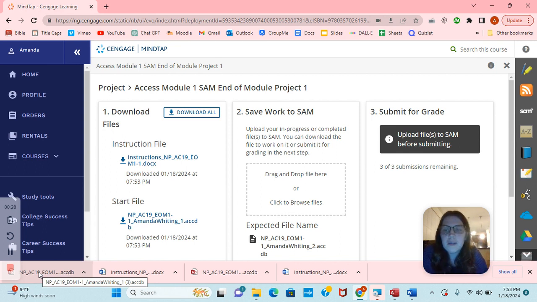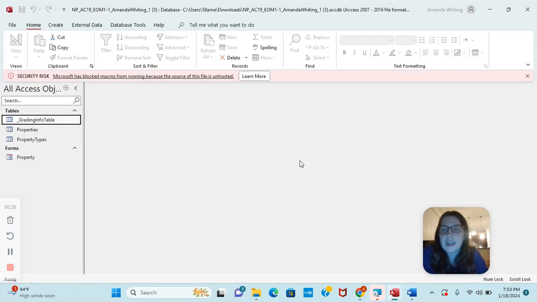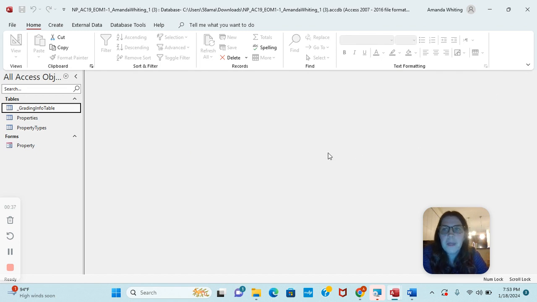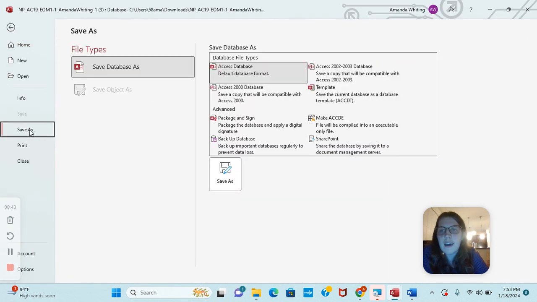So I will just open up my file right here, and it may say security risk. You can just press this X right here, don't worry about it. And the first step that we're going to need to do is rename this. You can do that by going File, Save As,